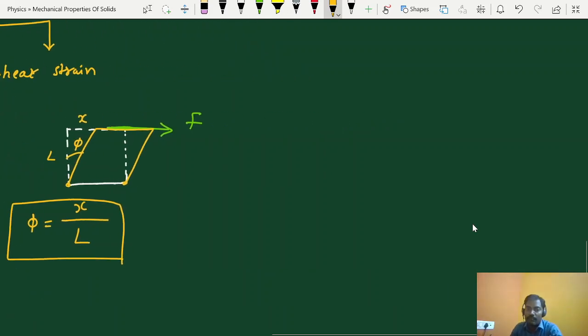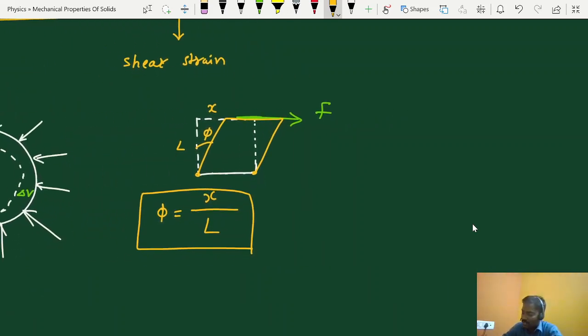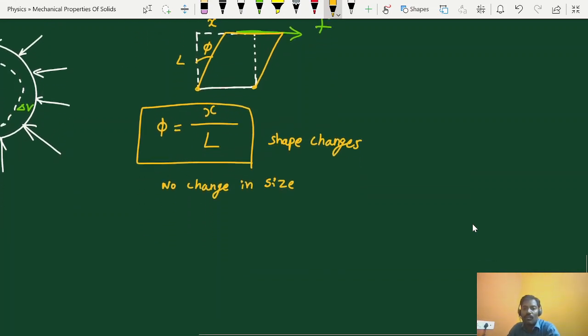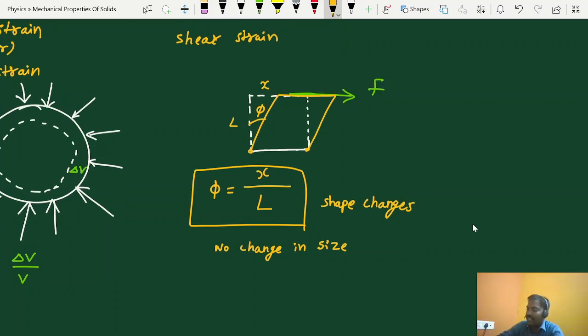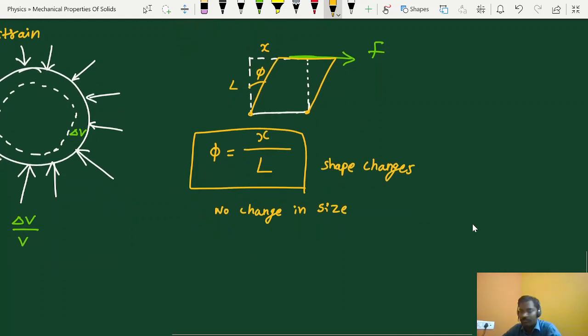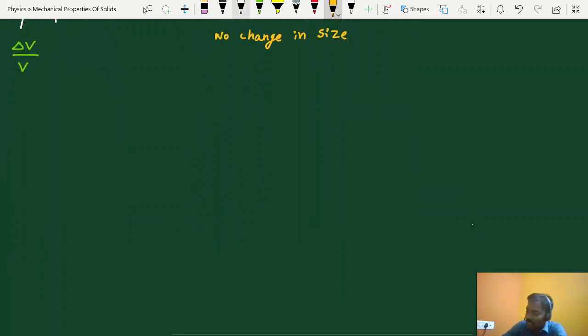Do remember, here shape changes. There is no change in size. Shape changes. Right, students? Now, one more thing here is, this is possible if it is a rigid body. There is no change in size. Right, students? Now, let me give you the relation between